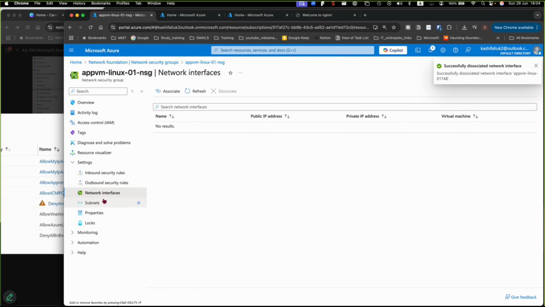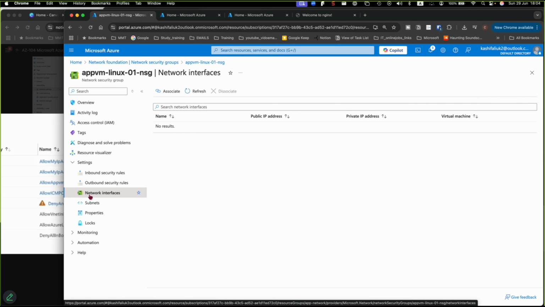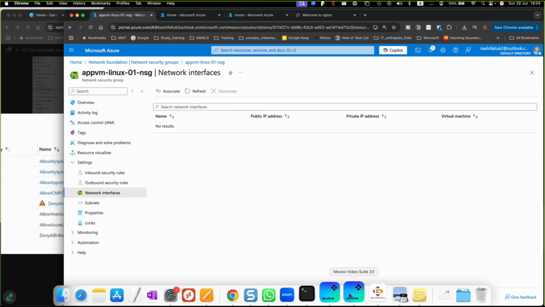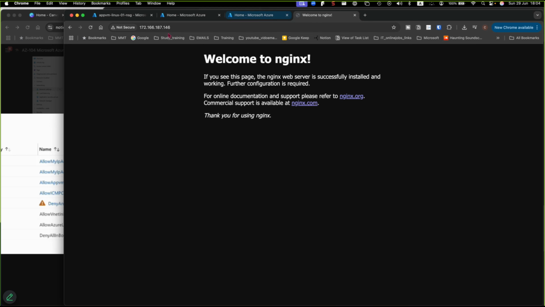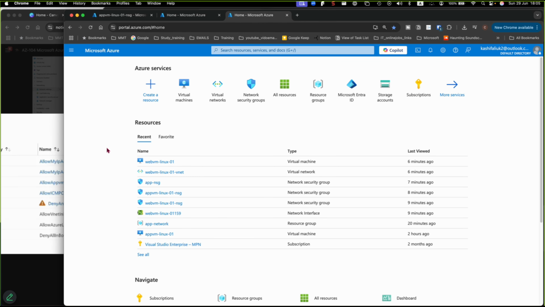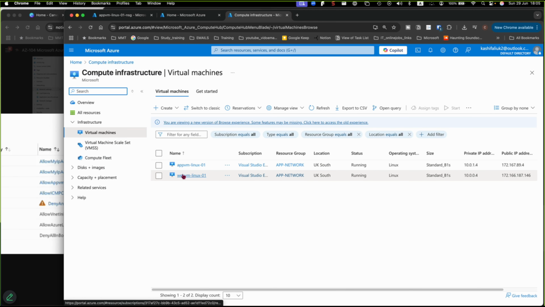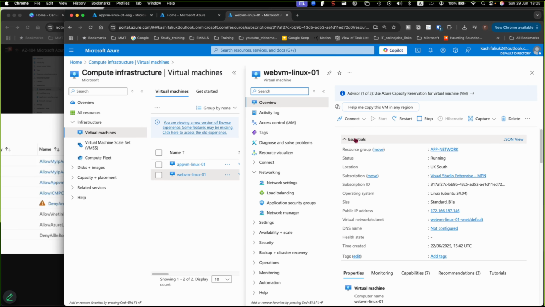At the moment, remember we did this on each machine's network interface card, creating inbound and outbound rules. I've deleted all that now. Let's go and check if it's going to work. Maybe it's cached, so just ignore that. If we go to virtual machines, go to our web VM and copy the address,